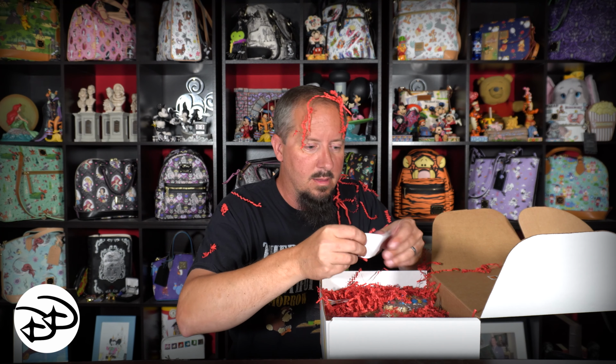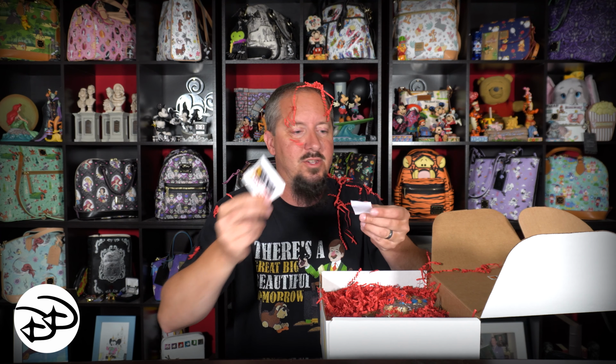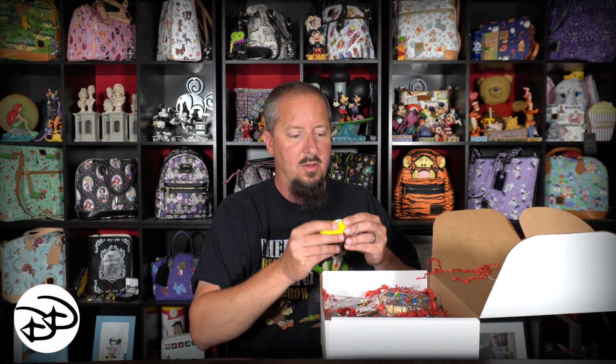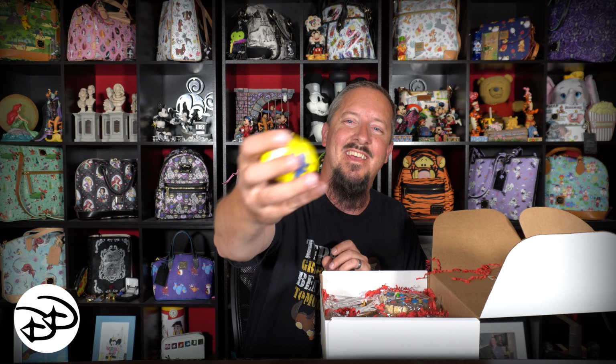Alright, you guys ready for this? I am. I need some snacks. Oh, there's stickers just floating around here. I'm probably chucking them all over the house. Oh, there's more. Olaf. This was Sheriff Woody. Holy cow, this is full. Alright. So, first things first, we have a Minion stress ball. So that's when I get the boxes I'm not happy with. I can just sit here and...